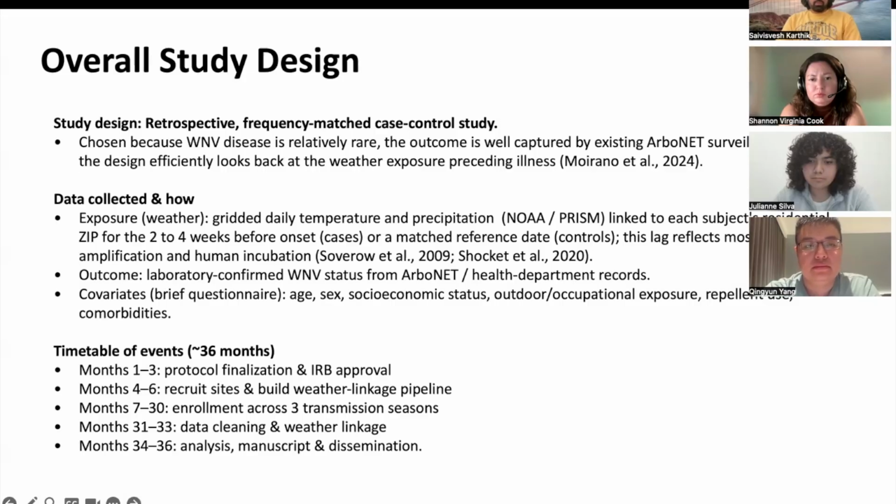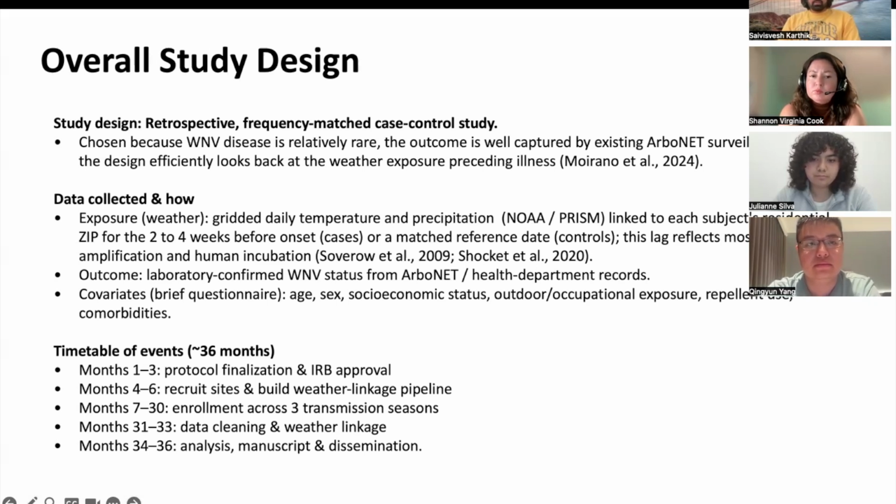This window basically reflects how mosquitoes can amplify due to weather, as well as the lag time caused by human incubation, as seen in the literature. In terms of outcome, we will be using a laboratory confirmed WNV status obtained from ArboNet / Health Department